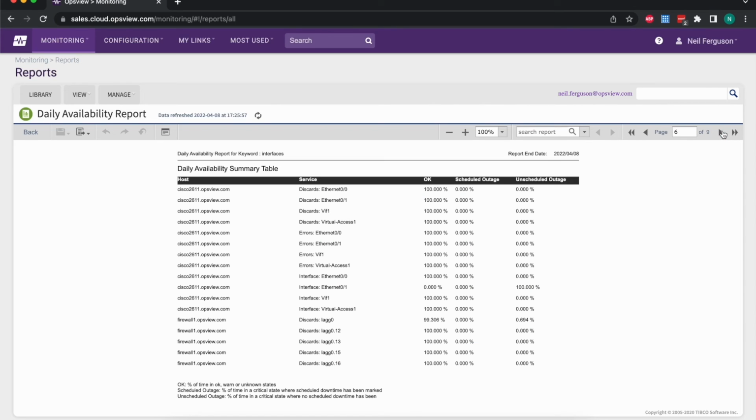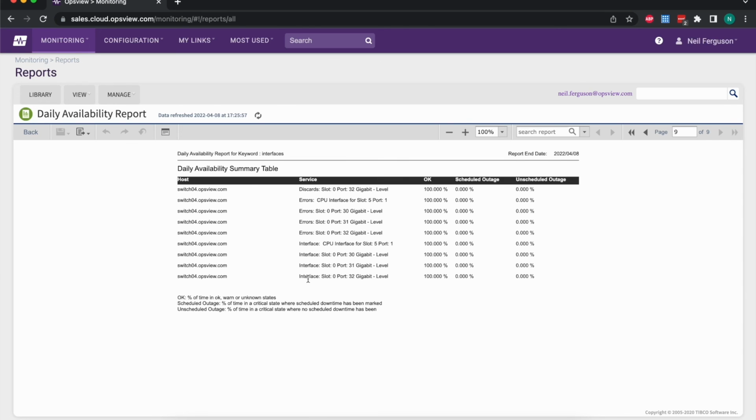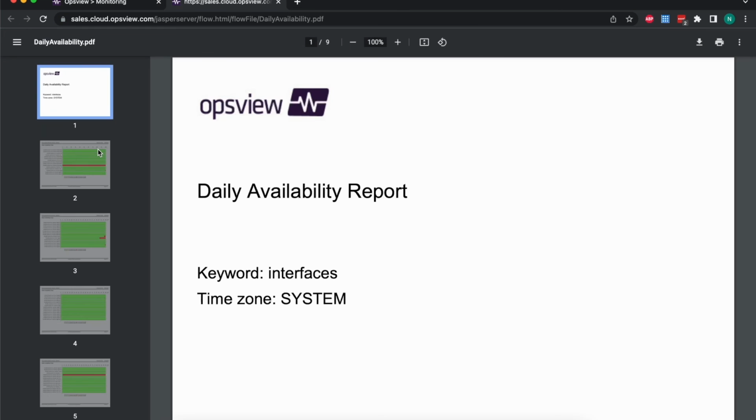That same information is also presented here in text format. So we can label that as needed and again add things like logos, colours and so on. Perhaps if you drop below a certain percentage or had a certain amount of outages, you might want to highlight that in different colours. So all of that can be automated for you through custom reporting. And if you want to, when you're finished, you can download that as a PDF report, and this